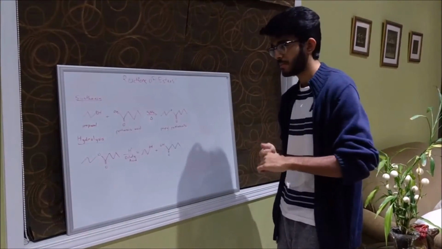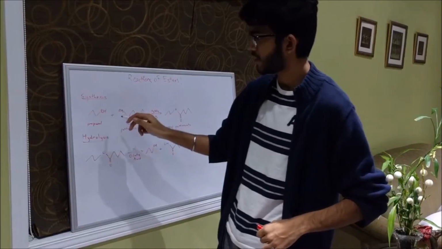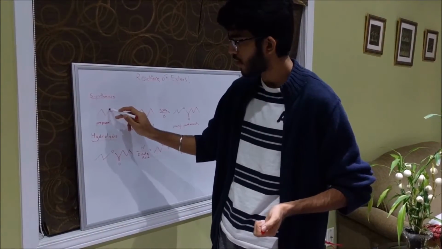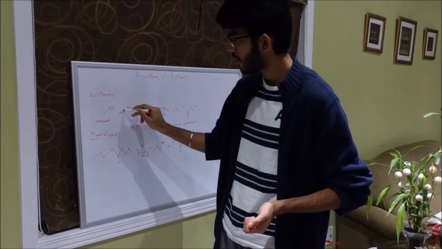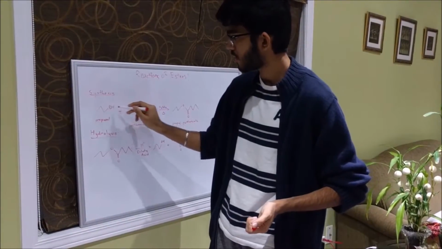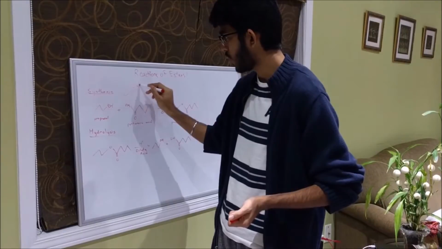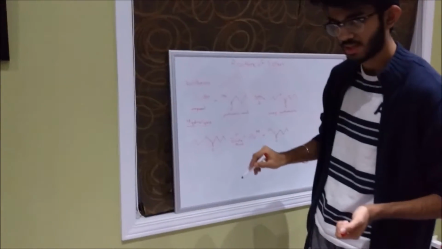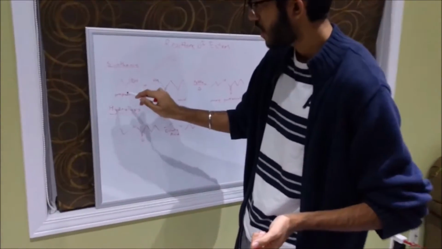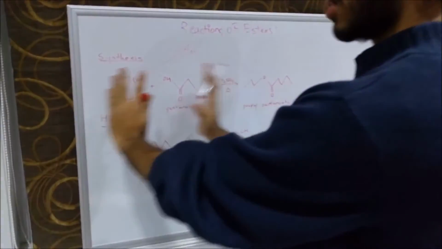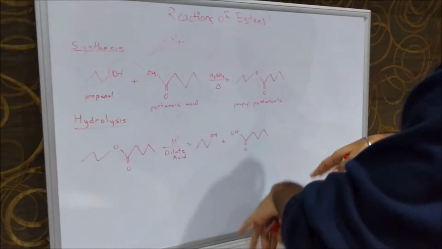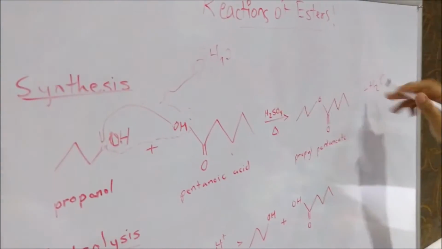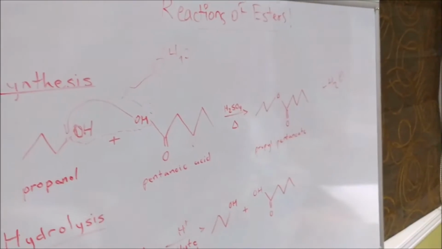I'll show you exactly what I meant by that. So basically what happens in this reaction is one of the OH from over here and one of the H's from over here come off as water. And this O goes and bonds with this carbon right here. That condenses the two molecules together to form what is known as an ester. And a byproduct of this reaction is water, which we don't really care about because it's inorganic, and our teacher said that inorganic